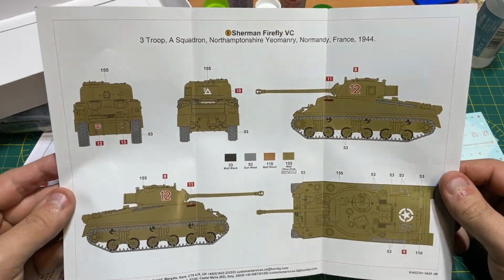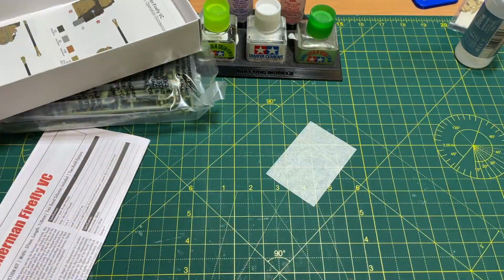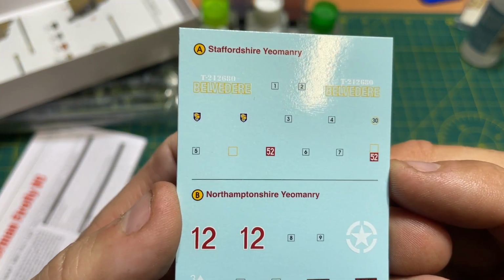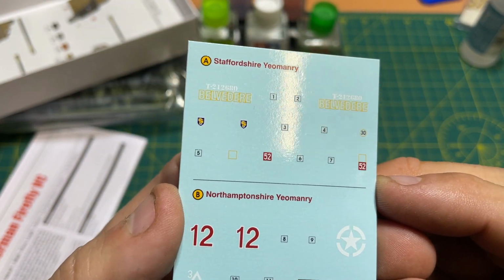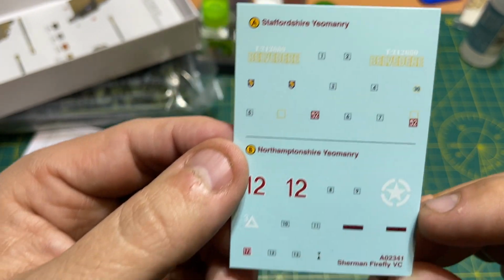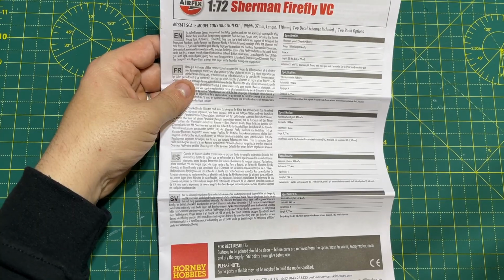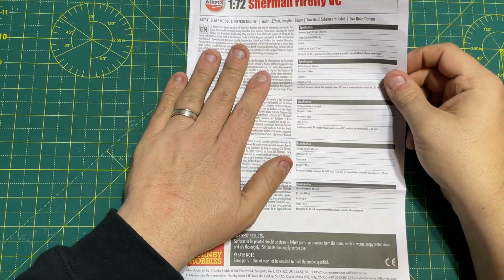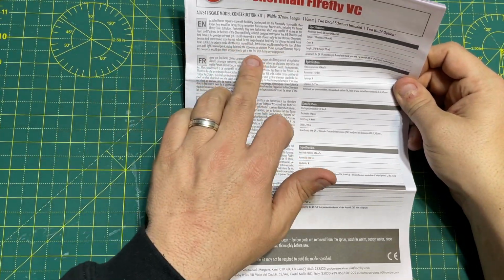So yeah, that's really all you've got for that. Look at the decals. Again, they're made by Cartograph, which means they're going to be looking really good. There you go, there's some of the decals there. Okay, so there you go. There's your decals. So then, looking through the instructions, you have a bit of bump there about D-Day and about